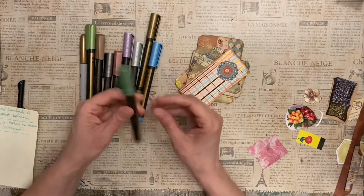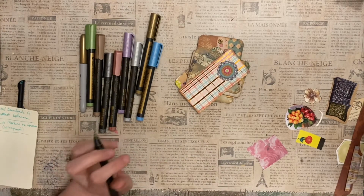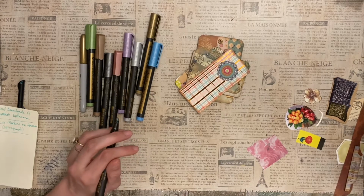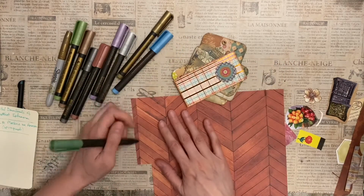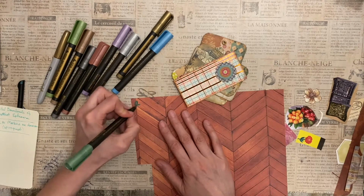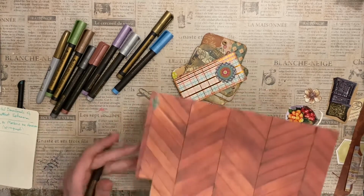And I love them because they're opaque, so you can use them on dark colored paper and they still show up. Let me give you an example. Here's some dark paper. There we go. So as you can see,